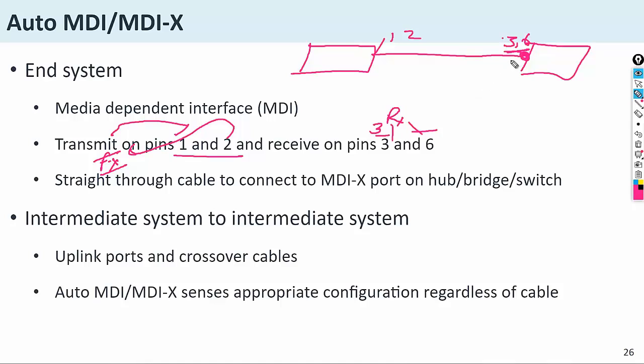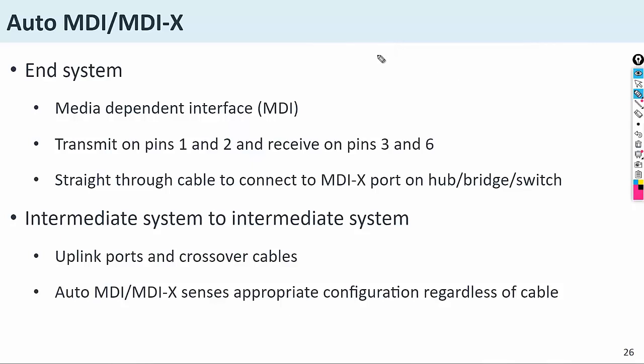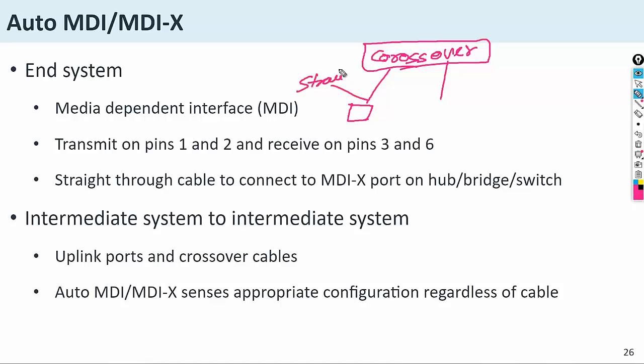If both switches have the same interfaces, then on the same interfaces they need to connect with a crossover cable. And if this is a PC, here you need a straight cable to connect.